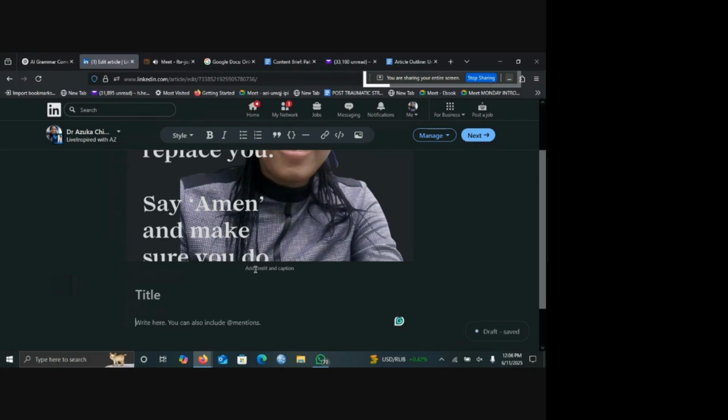Then you can also add credits. Assuming you picked up the image, maybe you picked it from Free Pick or you designed it on Canva, you can put that here. You can see I can write Free Pick. Then when you are done with that, depending on what you want to write, like this Free Pick, you can just say image credit Free Pick. Then when you are done with that,